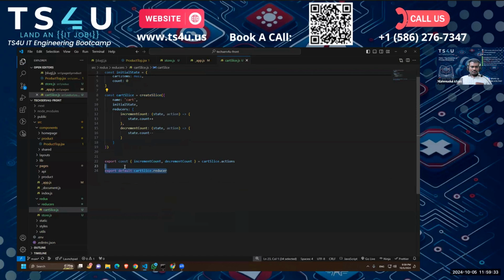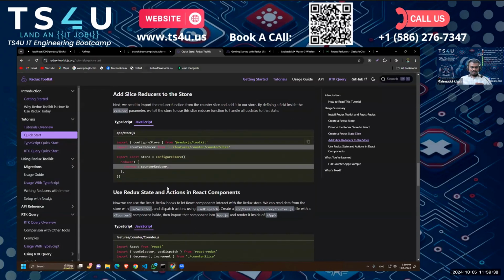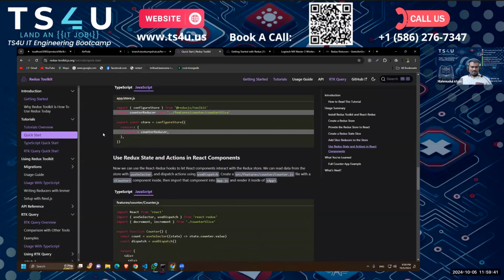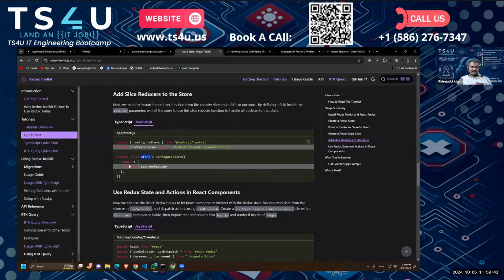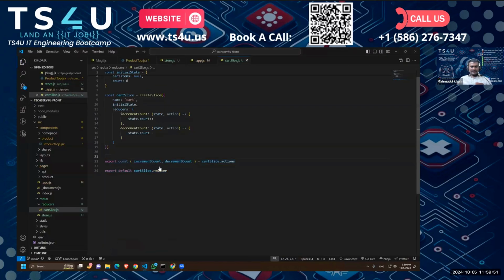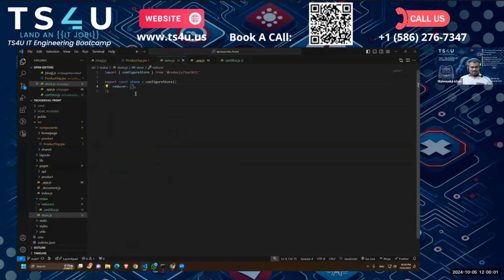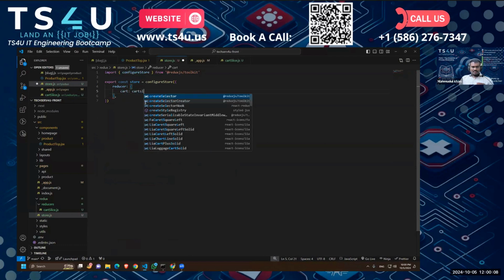Now what do we have to do with these reducers? Let's go back to their documentation again. In the store, we have to set up these reducers. If we go to our store, the reducers we have created here, we have to add those to our store. The createSlice is not really connected to our store yet, so we have to connect it to the store. To do that, inside our reducer, we can just name it cart, and as property, we will just add cart